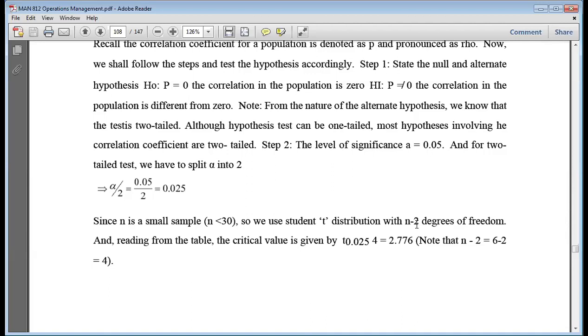I'm just trying to refresh your memory. Then N is 6, which is 6 minus this, which is 4. What does this mean now? It means that when you